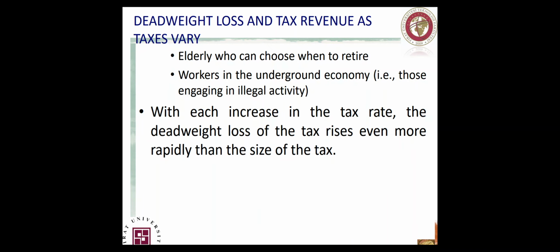One more thing, maybe we will think about also retirement. A lot of people will choose to retire. They are not happy with the tax imposed on them, so they will just go for retirement. Plus, how about under the table agreements about some illegal activities with workers or laborers? This is all possible because of an increment in the tax rate, especially on laborers. Here we speak about labor.